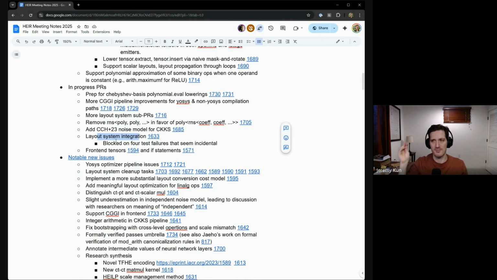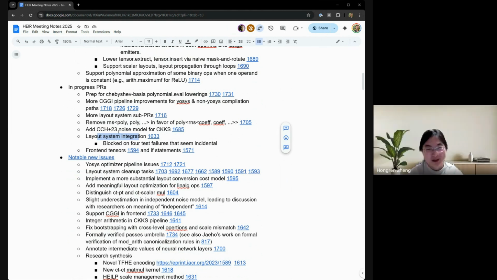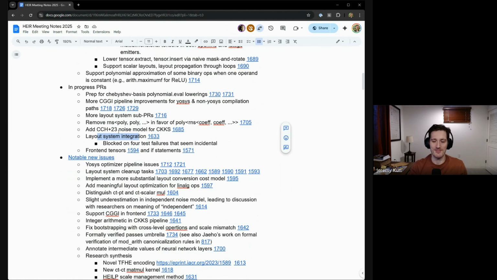One of them is the plain text backend is seg faulting, and so I have to figure out why that's happening. It's very confusing to me. The generated code is seg faulting, so I have to dig into that. Maybe memref. Maybe, yeah, it could be something, but I don't know. I have to debug it.